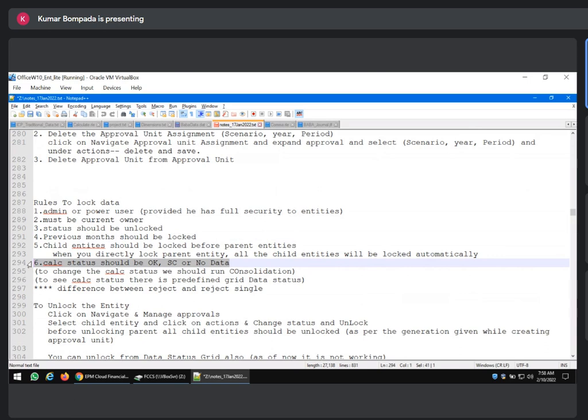For this one, you need to run the consolidation. To change the consolidation calculation status, we should run the consolidation. To see the calculation status, there is a predefined grid, right? Data status. So what is the difference between reject and reject single? What is this reject now? You can see